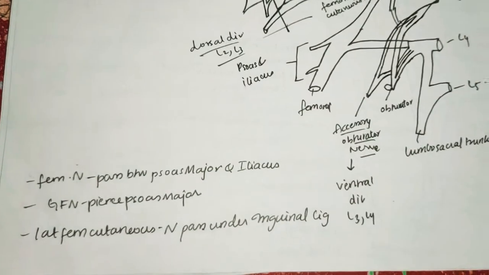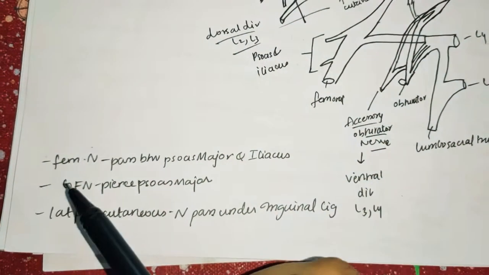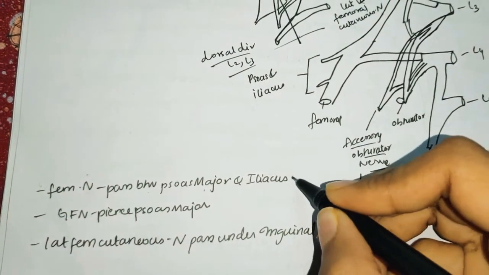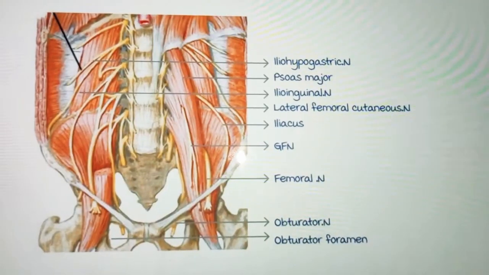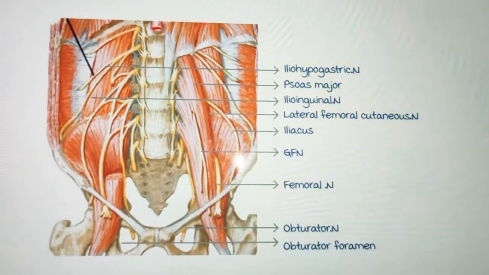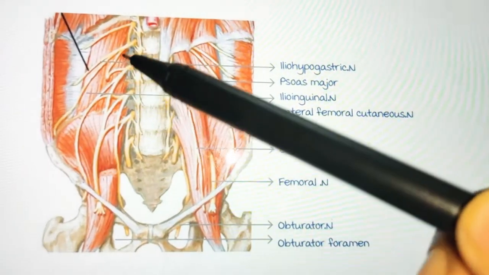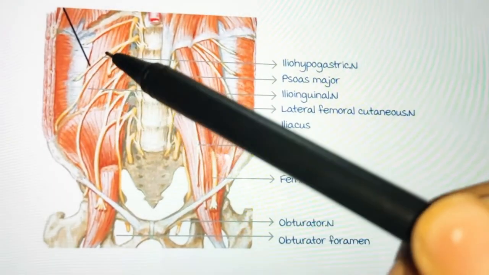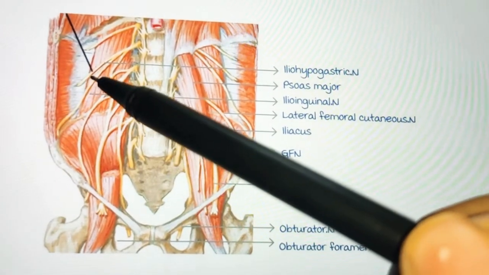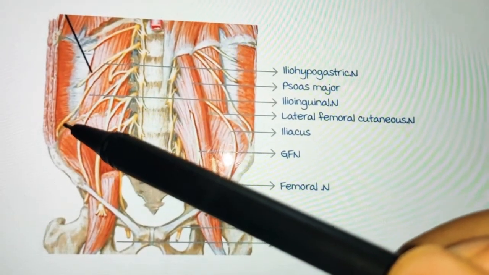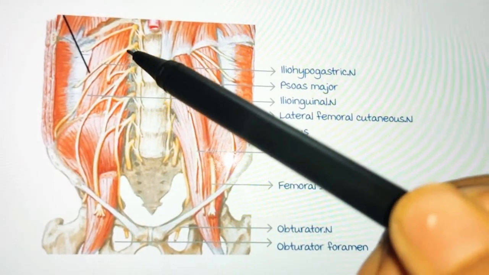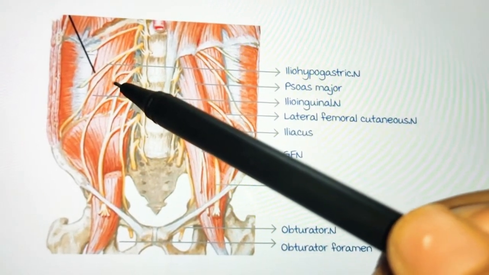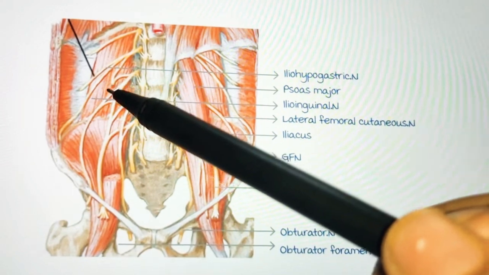And there are some other points, like here you can see the femoral nerve passes between the psoas major and iliacus. I'll show this by means of a diagram to understand this. So in this diagram you can clearly see the posterior abdominal wall, and this is the lumbar plexus. So this one is L1, and L1 will divide into two parts, that is the iliohypogastric nerve and the ilioinguinal nerve, right? This one. And here you can see the twig from L1 and the twig from L2 together form the genitofemoral nerve, which is involved in the cremasteric reflex, right?